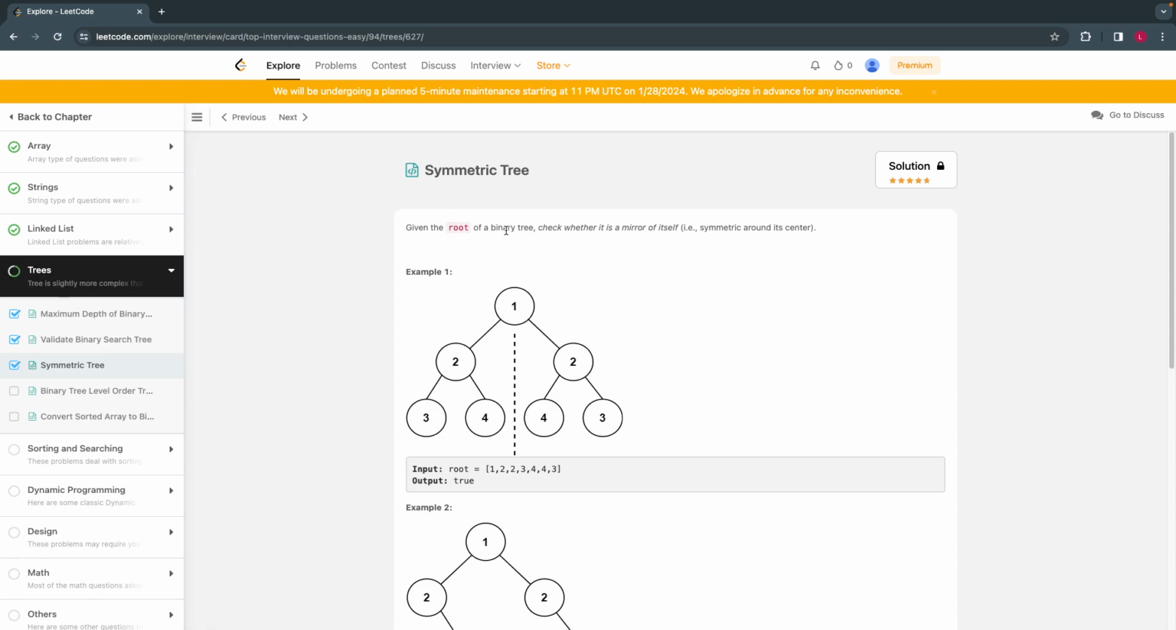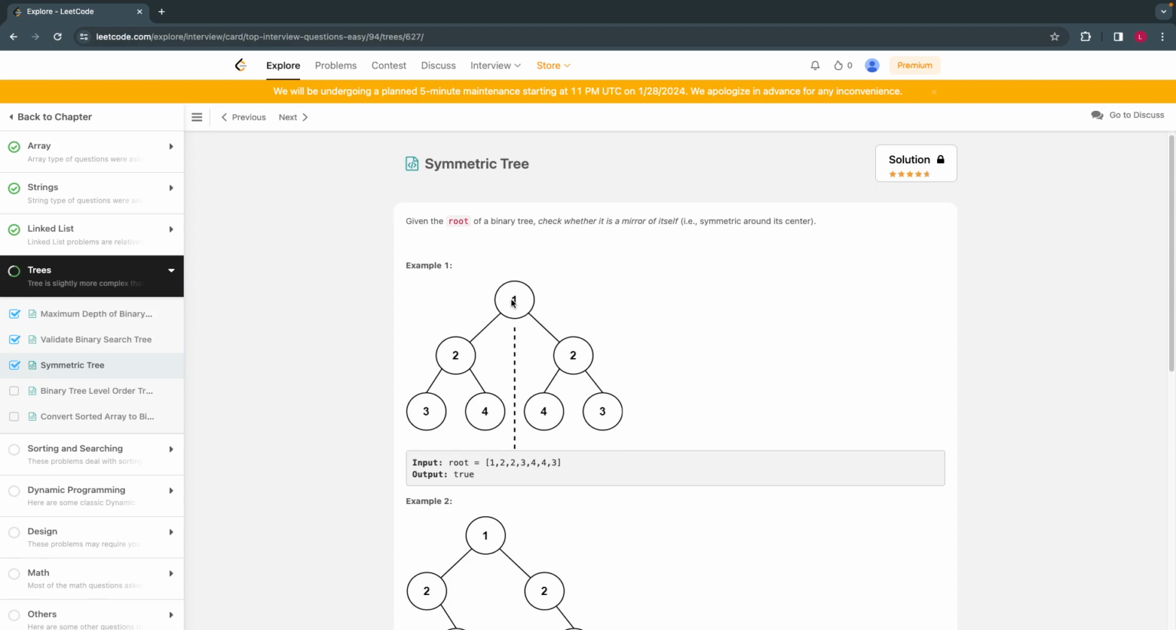So, given a root of a binary tree. What is a binary tree? A tree which contains a maximum of 2 children nodes. So given a binary tree, what we have to check is whether it is a mirror of itself, or a symmetric tree. For example, if you see this tree and